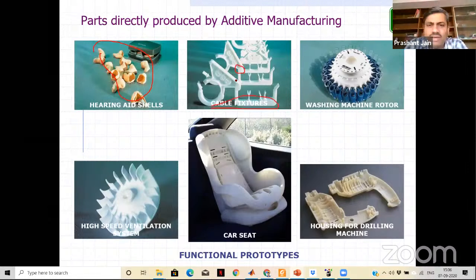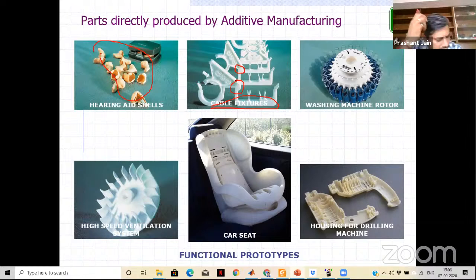The part has been made in this way, like in the SLS process, so that the tolerance or the margin has been left for the joints, right? So in those areas, unsintered powder would be there. After completing the part, we remove it and clean it using a shot blasting machine, air guns, etc., so that powder particles are removed. And now our component is completely functional, right? Without any joint. See here the typical components of a washing machine rotor.